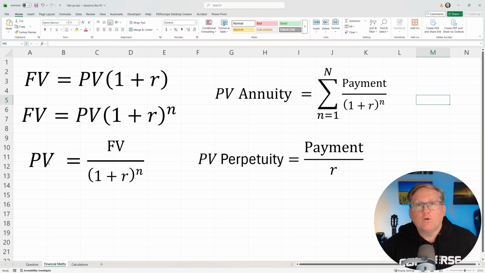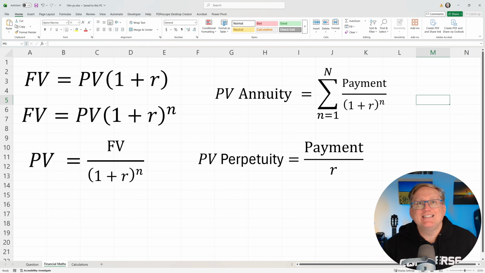So two more formulae that are going to be useful to us here on the right-hand side, and also a couple of finance terms. So an annuity is just a series of payments. And if I want to work out the present value of my series of payments, I just get each payment and I discount it. So that's just dividing by that denominator there. So the same as what we had over here. And then we just add them up. So we discount all of those payments, we add them up,